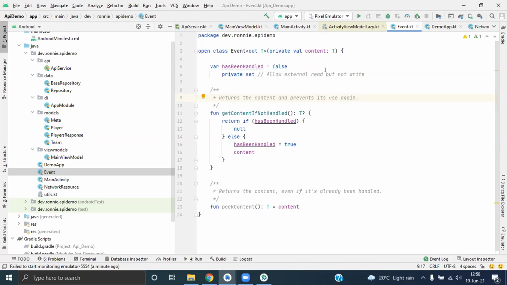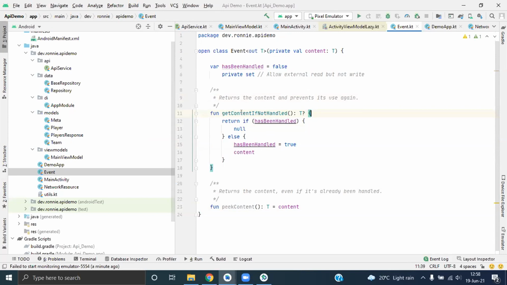Now with this event class, you take that data, and if it's not handled, if you have not used it, it returns that data. If you have used it, it returns null. So that's basically what's happening here. The peekContent will always return the data that is there, even if it has been used before. Yeah. So that's what's happening here.